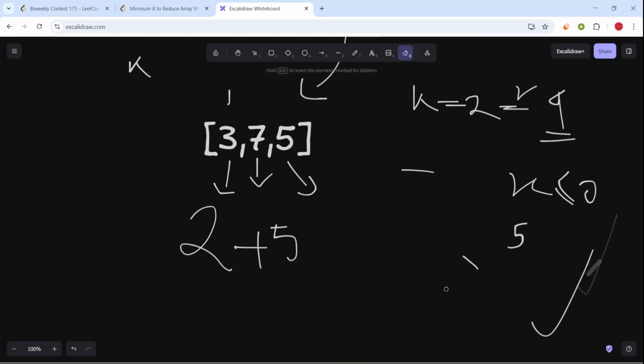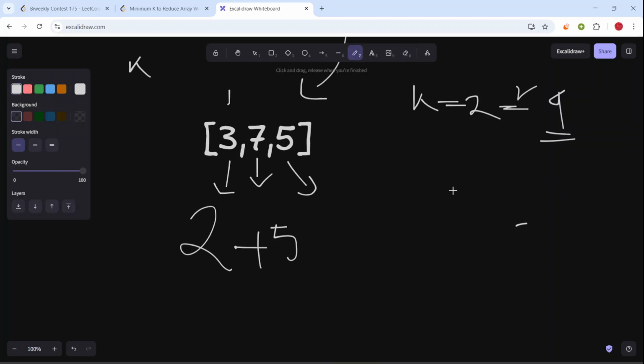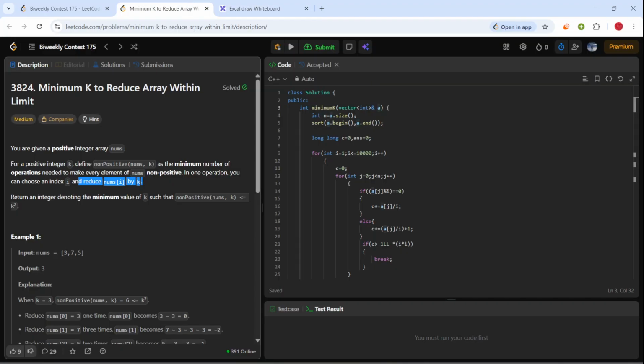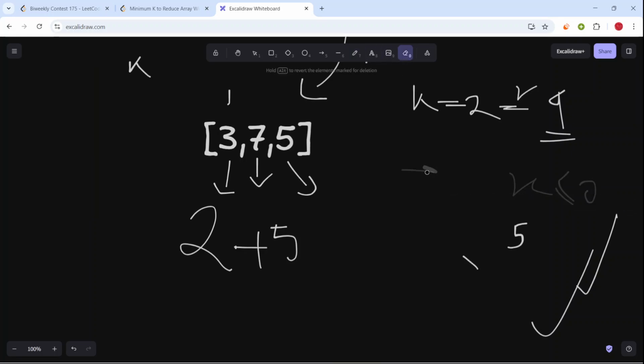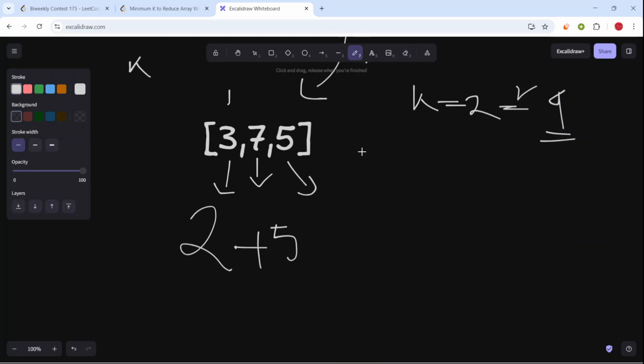So the value of this is plus 1. Okay, I'm going to explain why plus 1. I think I have done it. Yes, I'll explain it, but how many times do we have to do it? We have to do it for making this 5